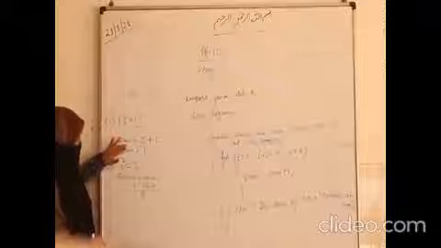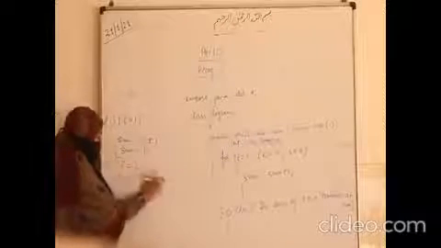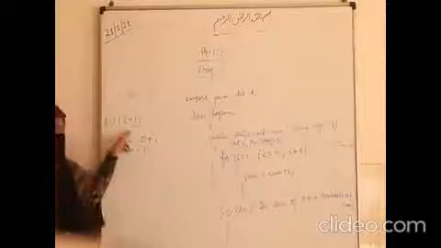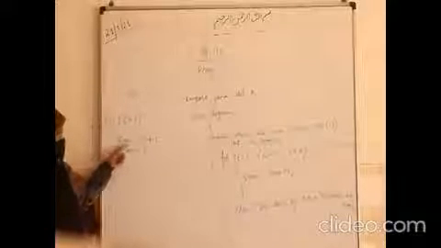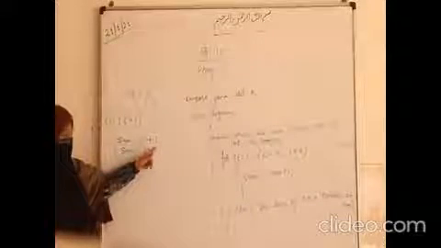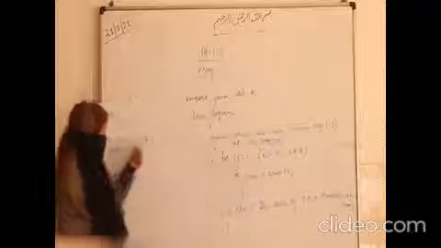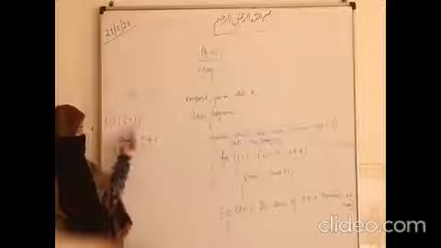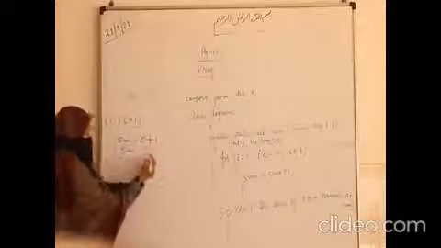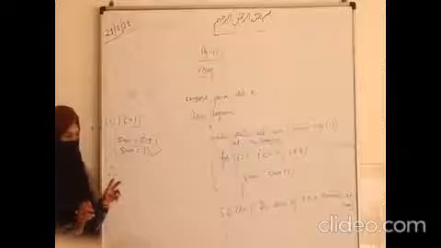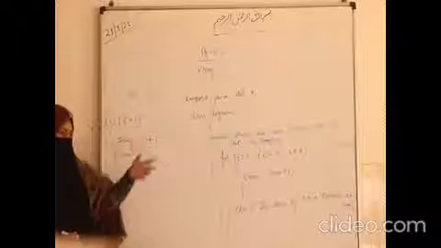For the first iteration, the value of i is 1. The value of sum will be sum plus i. What is the value of sum in the beginning? 0. And the value of i is 1. So the new value of sum will be 1. You know that a variable's value can be overwritten.